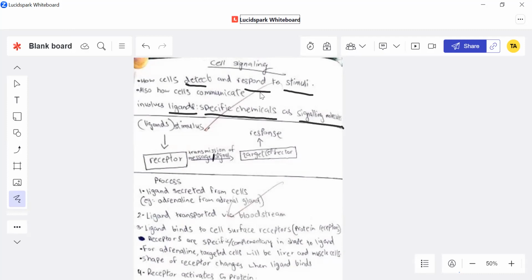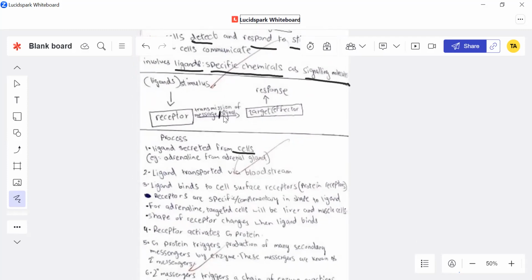So what is the first step of cell signaling? The ligand is secreted from the cell. For example, adrenaline is secreted from the adrenal gland. Adrenaline is acting as a ligand here, and the ligand acts as a stimulus. Adrenaline is a hormone, so it would be transported by the bloodstream, and this ligand travels via the bloodstream and would reach the cell